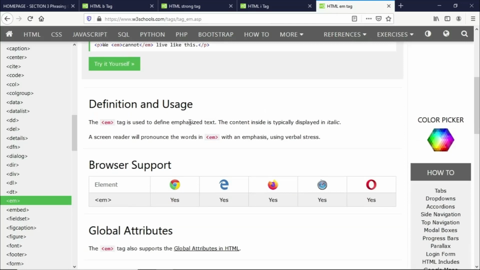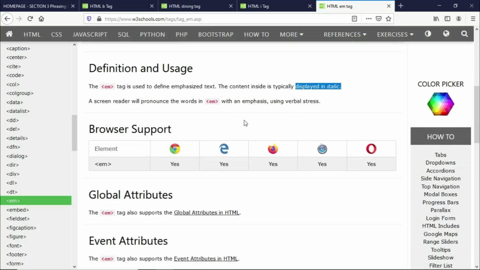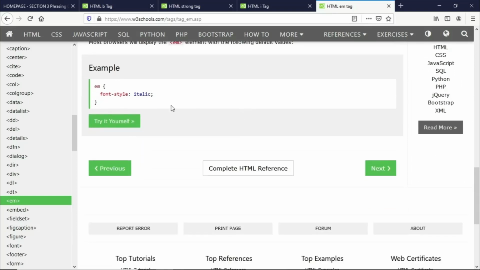Now, if we go to the HTML EM tag here, we can see that, as we've talked about, it defines the content inside of it as emphasized text. And again, it will be displayed in italic. And we can see here that the same styling is applied inside of it. So if we go back to our code editor,